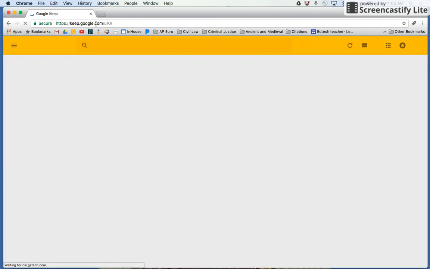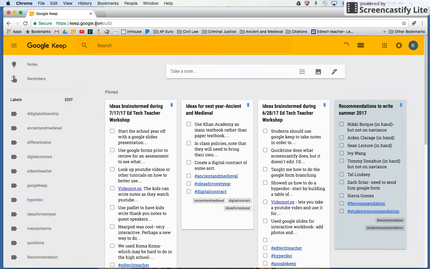and once it comes up you're obviously going to see my Google Keep. But pretty much what it is, a way to organize sort of almost like little mini post-it notes, kind of like you would do using the Apple iOS or on your Mac, the Notes application that they actually have. What I like about Google Keep is that it's a little bit more organized. You can search through it because you actually will hashtag things. And you can actually take notes that you may have, let's say, researched on a particular project, let's say on ancient Mesopotamia, and you can drop all these notes into a Google document,